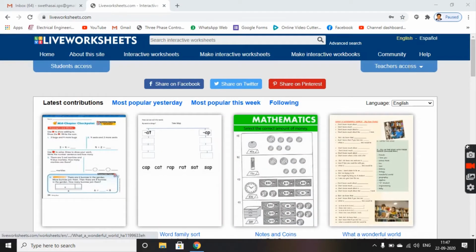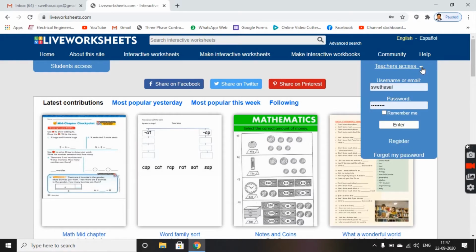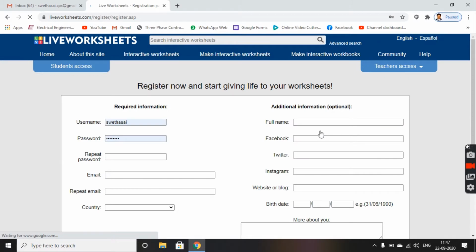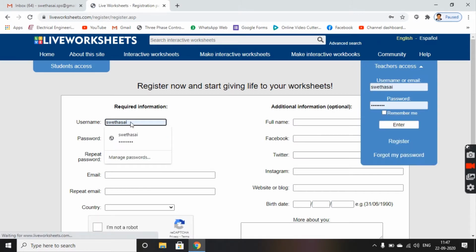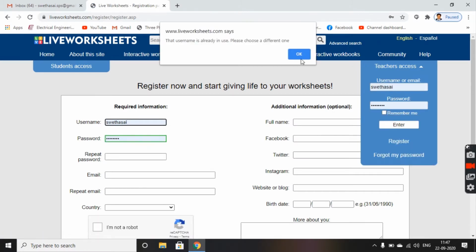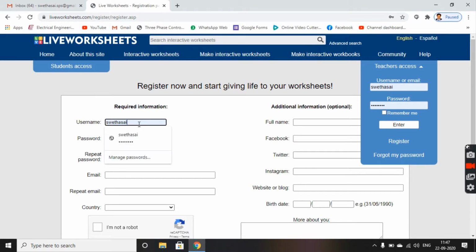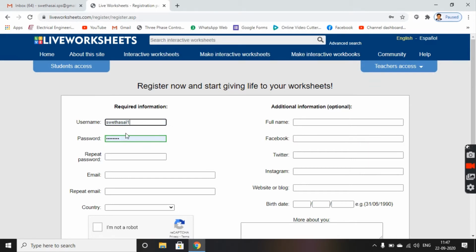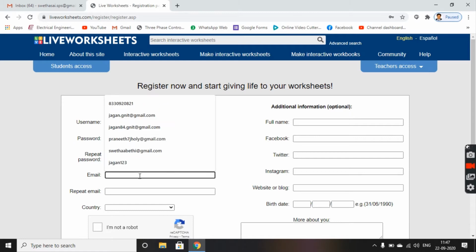Worksheets web page. Here we have the teacher access. We do not have any account now. First we need to register ourselves. For this, choose register and give your name, a username as any username. If it is already in use, you can make changes and type your password and repeat the password and give your email ID